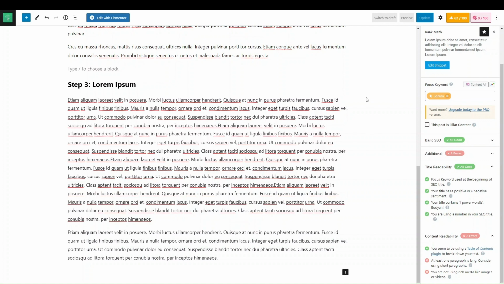The Rank Math plugin, as mentioned before, is free to use. They do have a pro version, and it depends on your skills as a person. So if SEO is something that's completely new to you, and you're doing the optimization of your website yourself, I would recommend sticking with the free version, because there's a lot you can work with in terms of the SEO and optimizing each of your blogs and each of your pages, and it's a really good way to get started. And once you have experience in that, once you have a little bit more knowledge and a little bit more confidence, then get the pro version, and you'll get things like